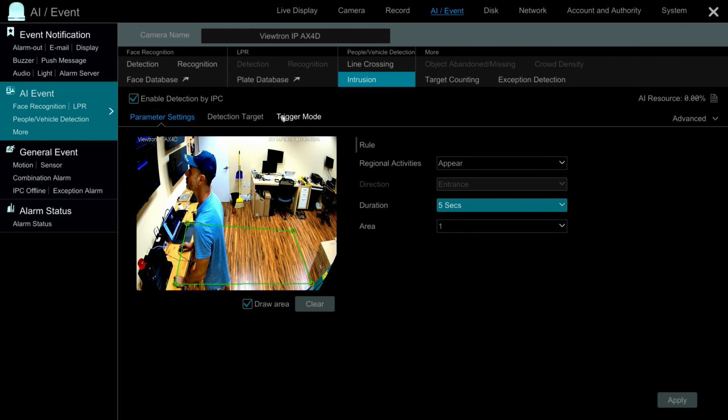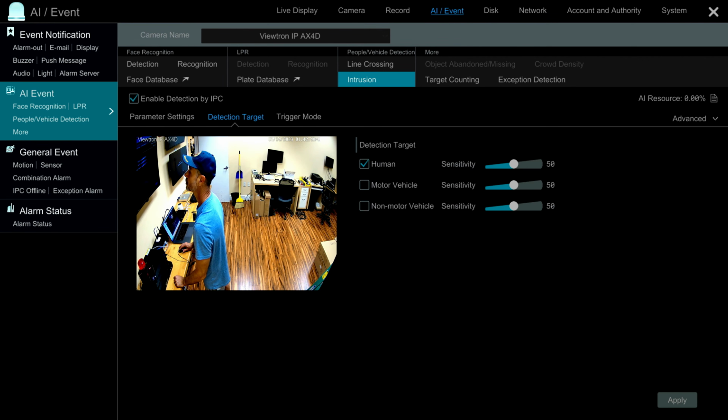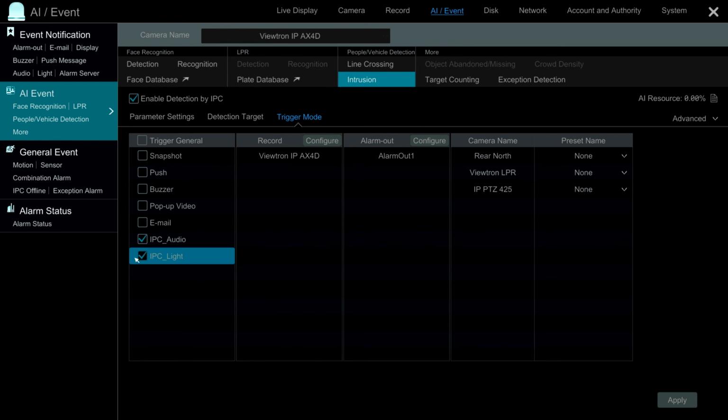I'm going to click on detection target next, and we're only going to be detecting humans. Motor vehicles obviously are not applicable inside the building. And under the target mode, it's important to select the IP camera audio and IP camera light checkbox. That's for the alarm message and the LED light. As you can see, you could also set up push notifications.